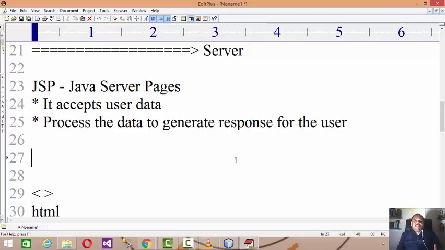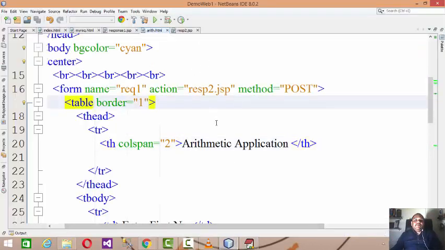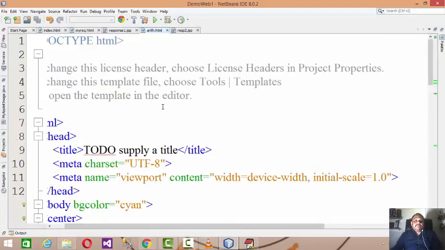So it's a completely HTML page with input type equal to text, and we'll be discussing some of the rest of the web components, right? And the button you require to read the data and post the data to the server. You require a form tag. Form name equals the name of the form, action equals the name of the page where you are posting the data, and method equals post. After that, you have to develop the server-side response page, right? Response page in the sense, the page which will read the data from the user, right?